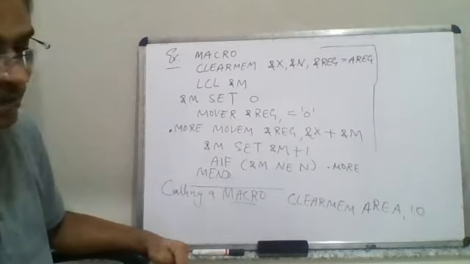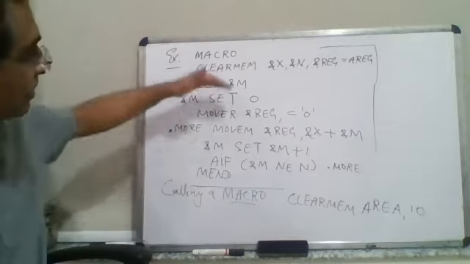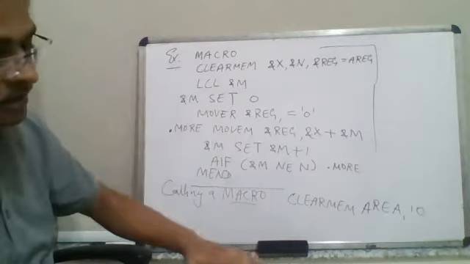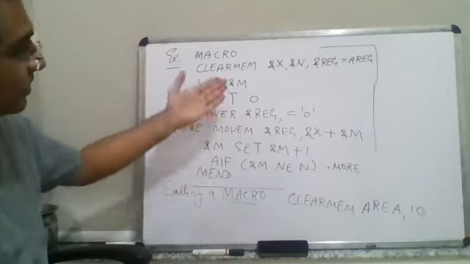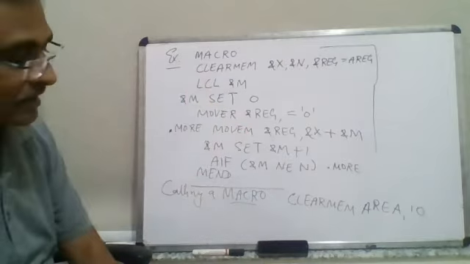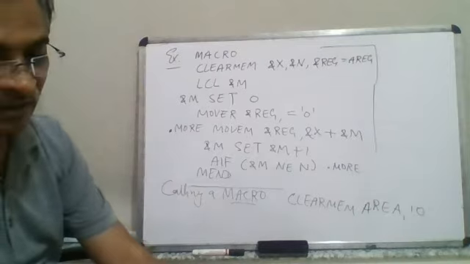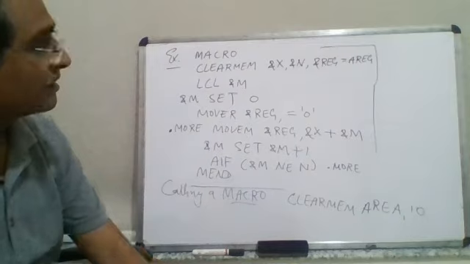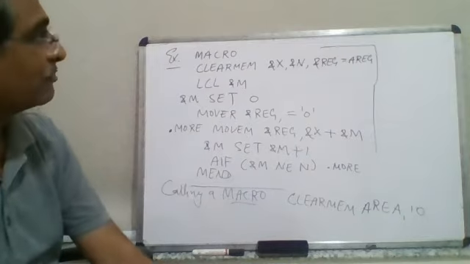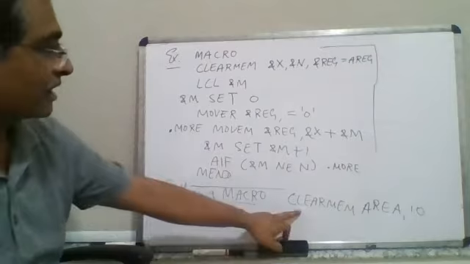So MDT would have all the intermediate representation. I mean, all the code will be converted, and there will be no variables then, right? It will have the index referencing inside the data structures, right? And there are some more tables, which is APTAB, the actual parameter table. What is an actual parameter here? It is the value that we are going to submit, right? So the actual parameter will come up when we are calling this.